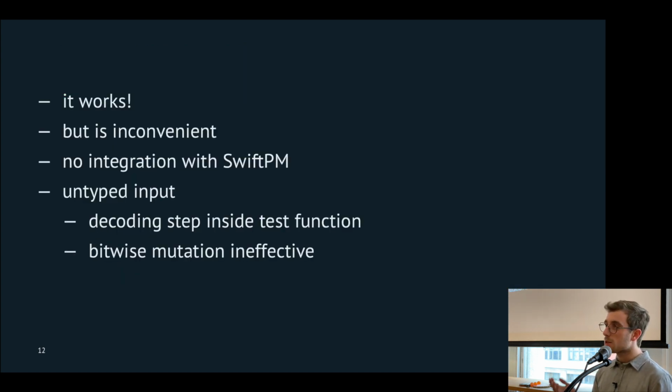It works. But it's also a bit inconvenient. And that's because libFuzzer is not really integrated into SwiftPM. So if you want to use it in a real-world project, well, that's difficult. It's cumbersome. You'll probably have to make many modifications to your process. But you can work around that. One much more fundamental